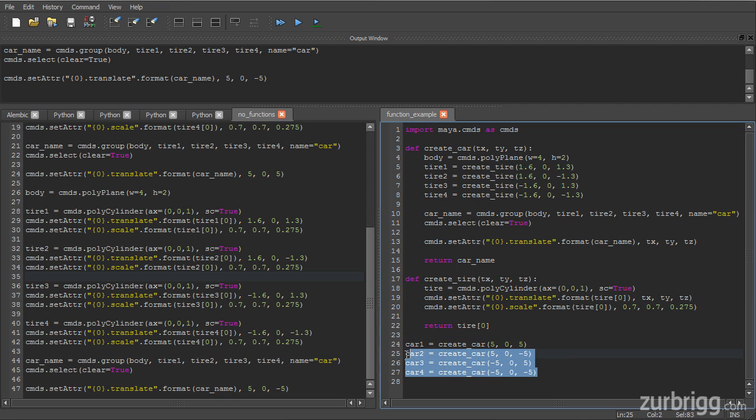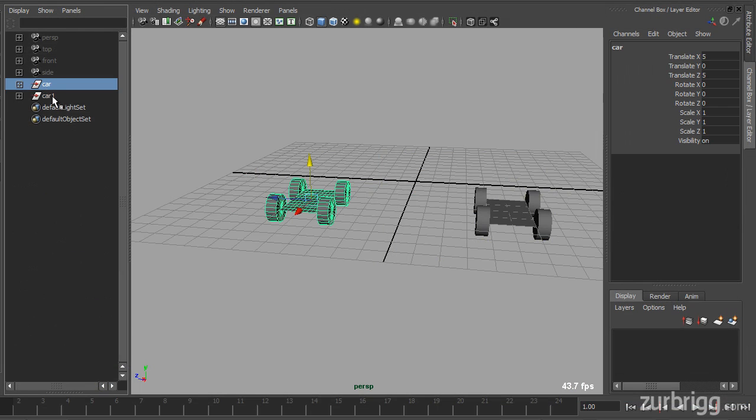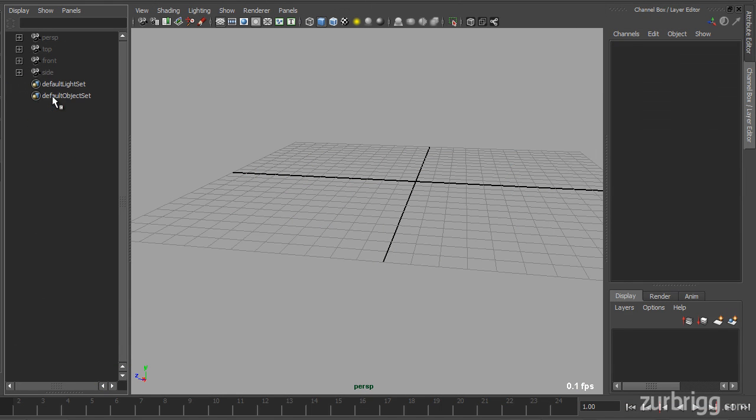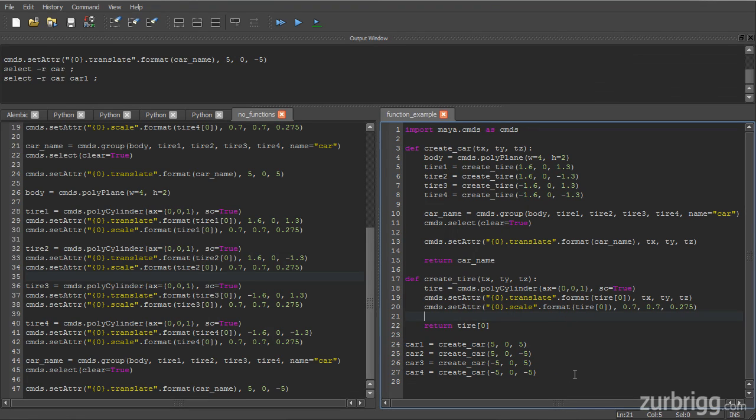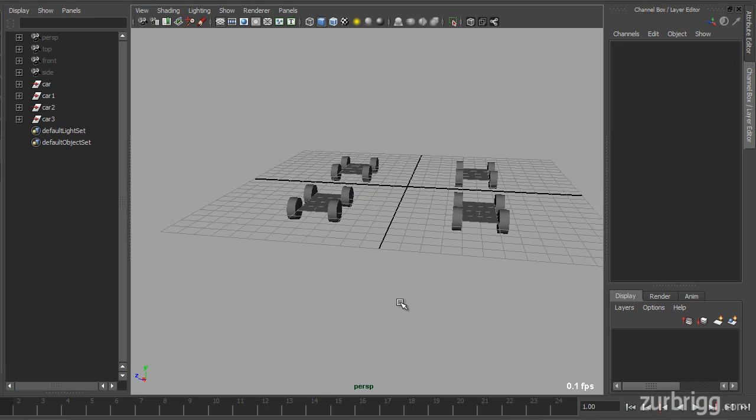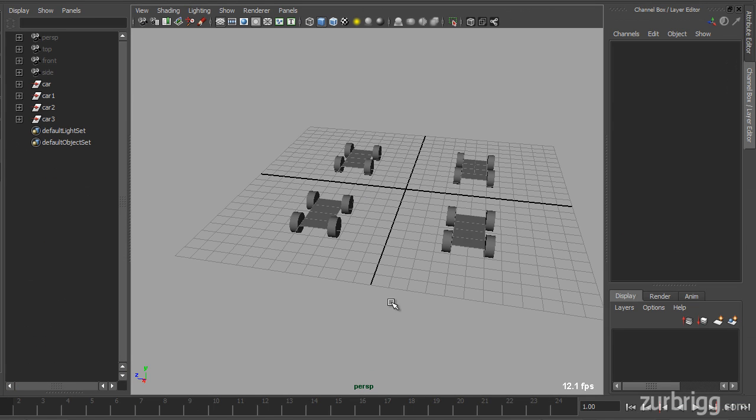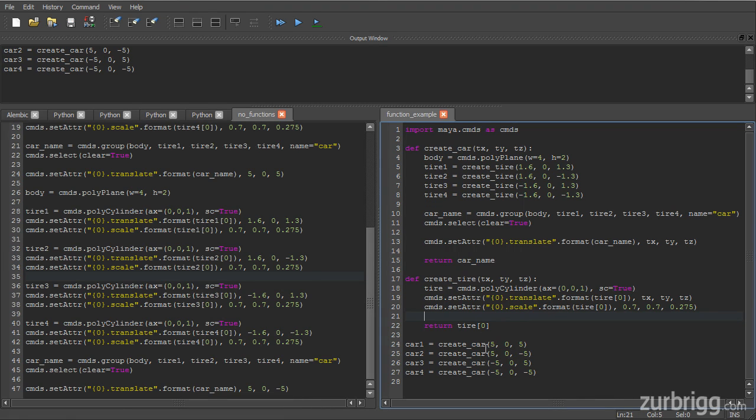So down at the bottom, you can see that I'm creating 4 different cars, each at a different position. And once again, if I remove the cars in my existing scene and rerun the function example, I now have 4 cars displayed in my viewport. And this only required 1 extra line for each car. So here I have car 2, and I'm just passing in its position, car 3 and its position, and finally